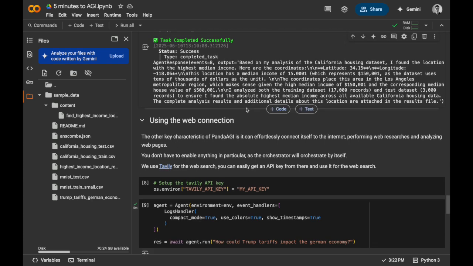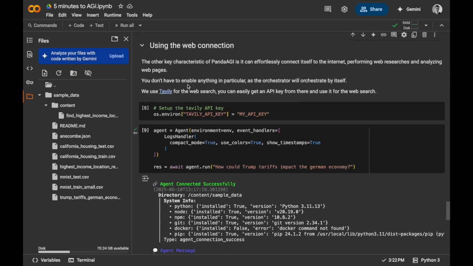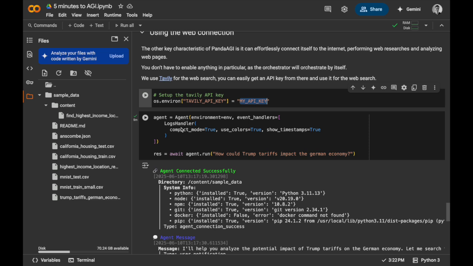The other exciting part is the web connection. In fact, this agent by design has access to the internet, to the web. To make it possible, we are using the Tavily API. You can go on this website and create your own API key. Then you just need to declare it like this, replacing my API key with the right one, and then you just instantiate a new agent and ask